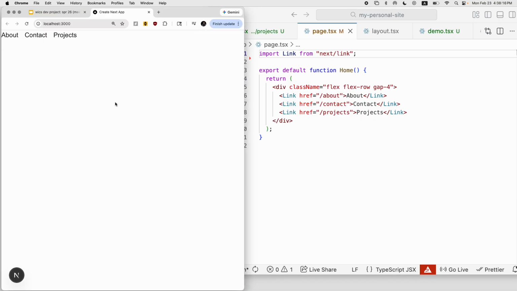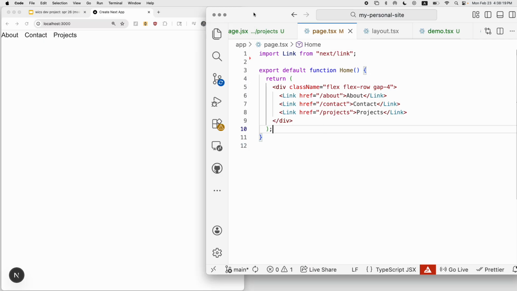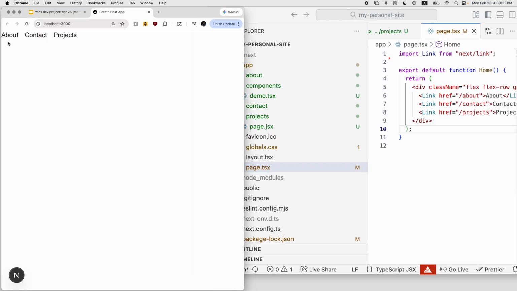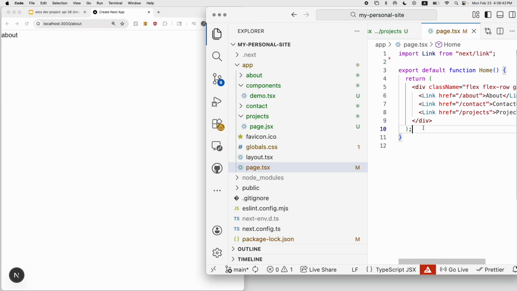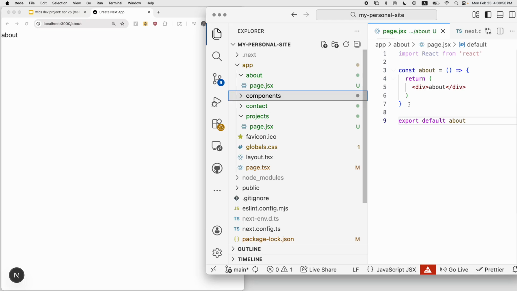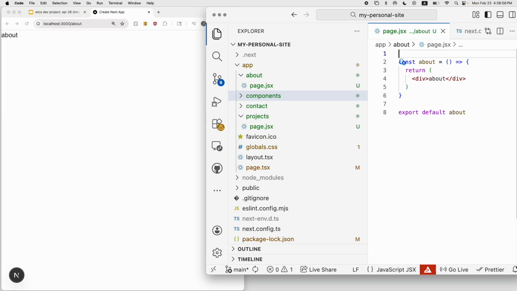So our task for you this week is literally to open up page.tsx, and we're going to add a very basic element to it. But I also wanted to show you: if you click on about, you'll see that it takes you to localhost slash about, and that's the link that we put right here. And if we go up to our about folder and go into page.jsx, you'll see